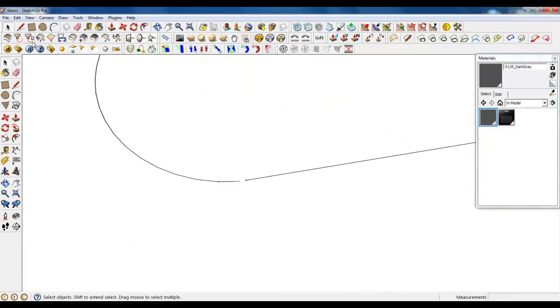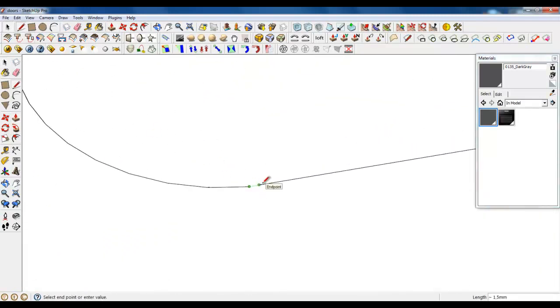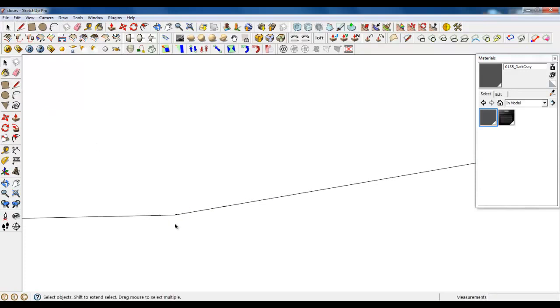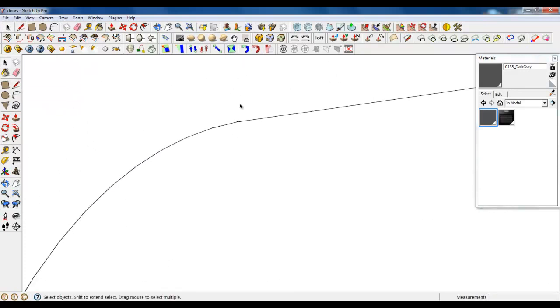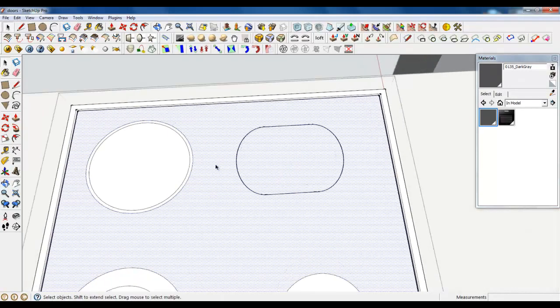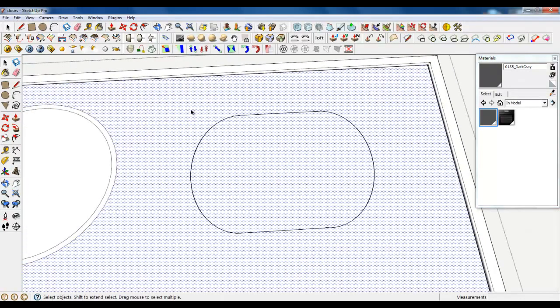Where is that problem? Connect the edges. We are not connected, so connect it. Let's go to the other side and everything is connected and the faces are not good, so select